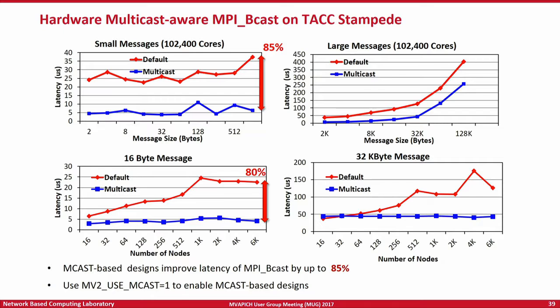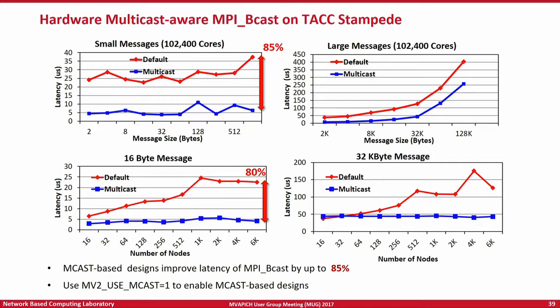One of the major benefits of the multicast-based scheme, by the way this is the default host-based scheme, but if you look at the multicast-based scheme, it is more or less flat. So you don't see that variation there. From this graph, one of the major benefits of the multicast-based scheme is its scalability. Irrespective of the number of nodes you are running on, for a small message or a large message, the performance you get is kind of constant. This is the dream of almost every MPI or application developer, where you have a really scalable collective operation which is not affected by the scale of the system on which you are running.